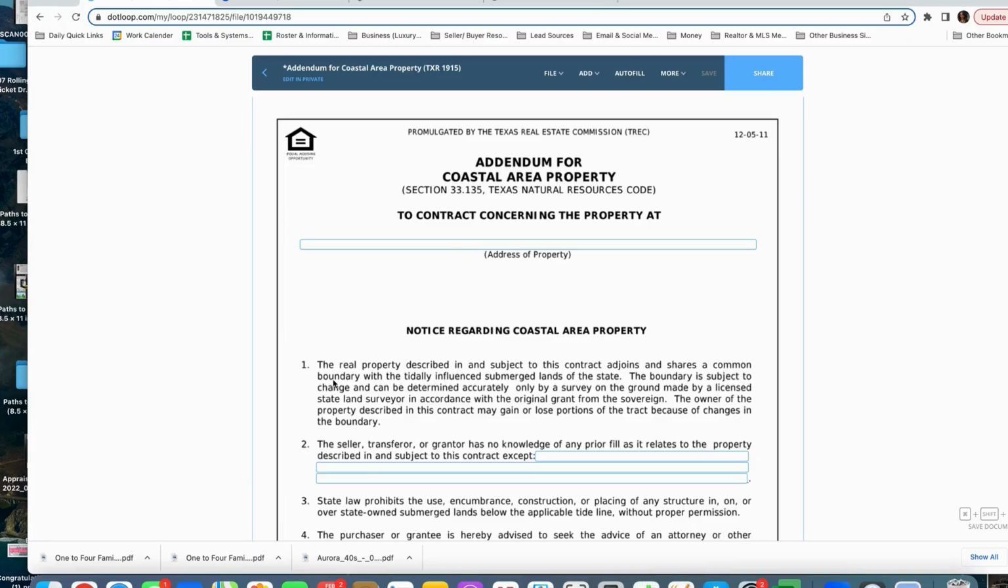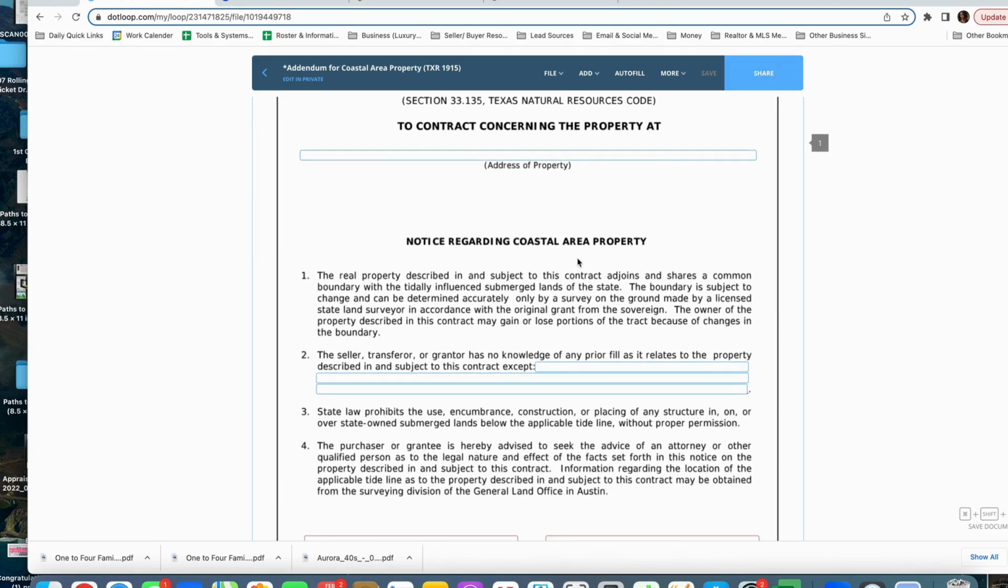properties. If the property is deemed to be in a coastal area, this particular form will be needed. You'll put the address of the property, the 911 address, and it's pretty much just a notice regarding coastal area properties. The real property described in and subject to this contract adjoins and shares a common boundary with the tidelands,